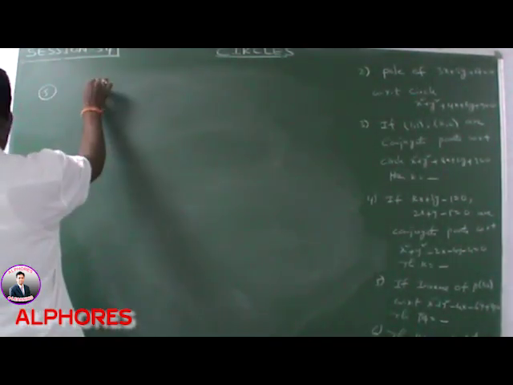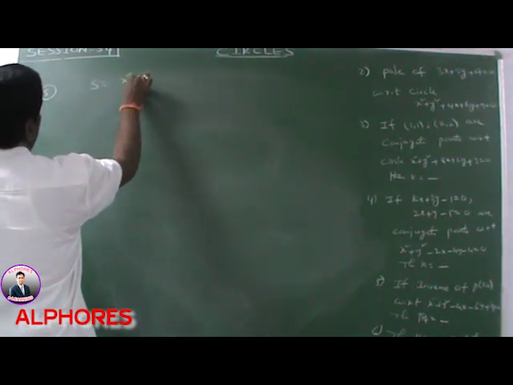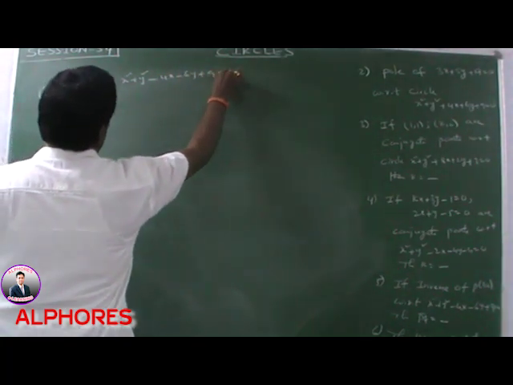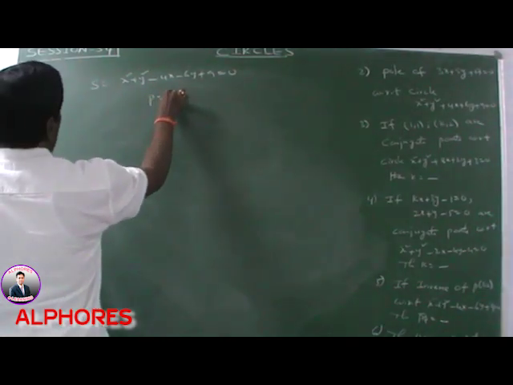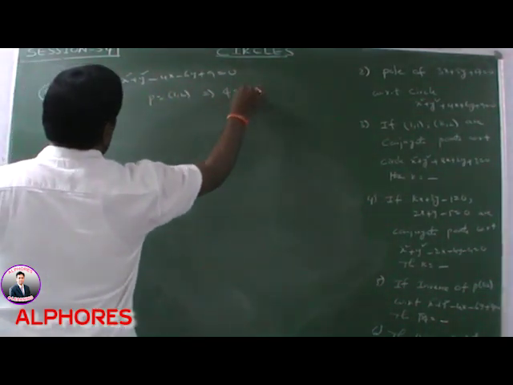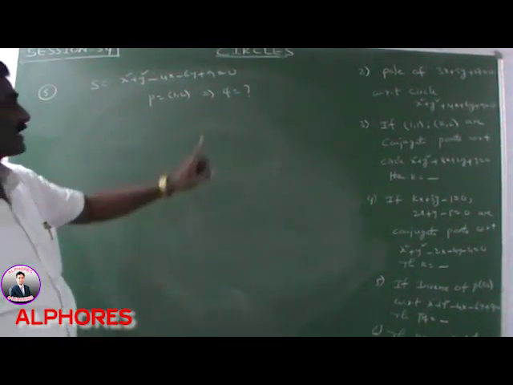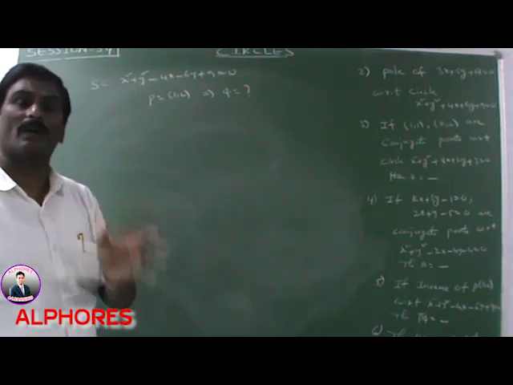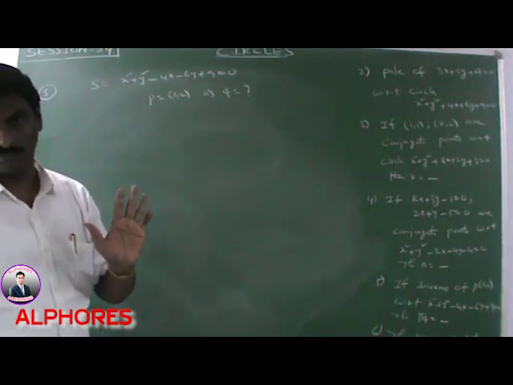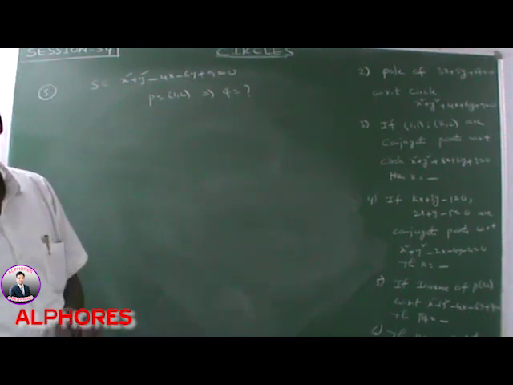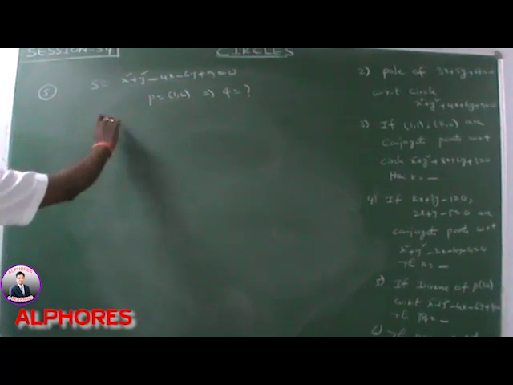First, fifth one, the equation of the circle S is x square plus y square minus 4x minus 6y plus 9 is equal to 0. It is the circle. P point is equal to (1, 2). Now we find the inverse point of P, say Q. What is the inverse point? Inverse point is nothing but the foot of the perpendicular from P to its polar, or the point of intersection of the line CP and the polar of P. Both are same. Okay. Now we find the polar equation.